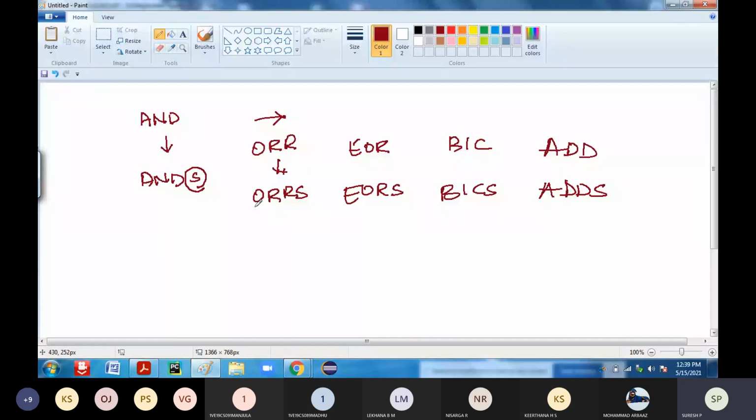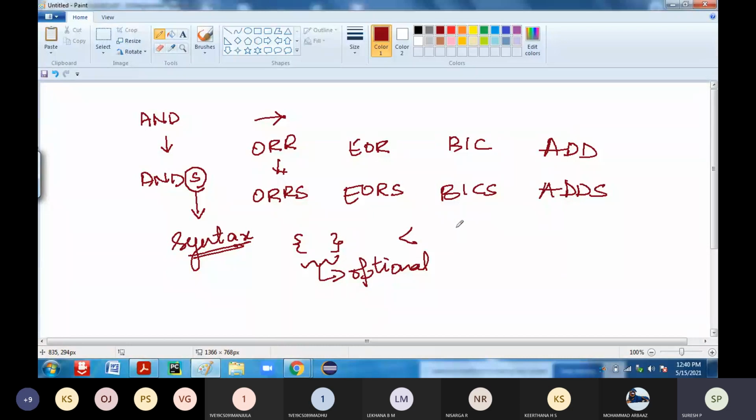So next I'm going to tell you some instructions. Apart from those instructions, if you want to set the flags, then you have to use the suffix S. That depends upon the syntax of the instruction. So if you go through the syntax, wherever the flower brackets come, that is optional.